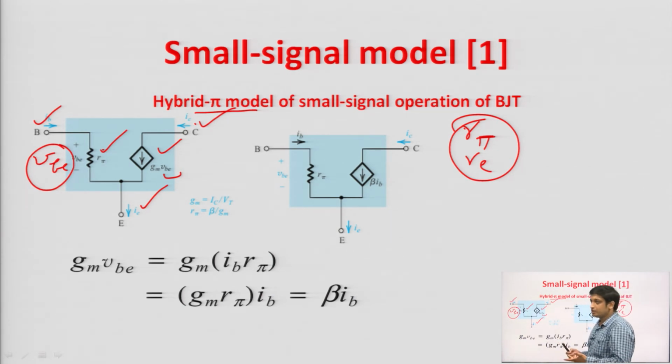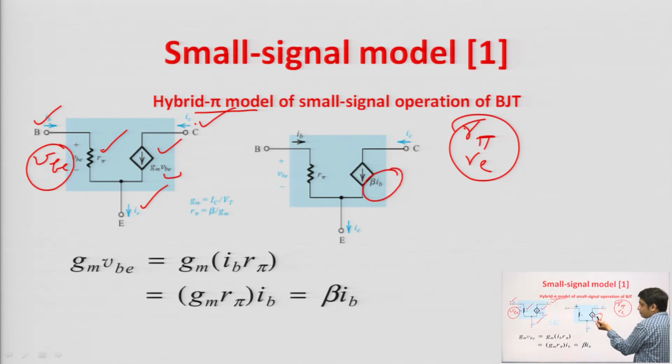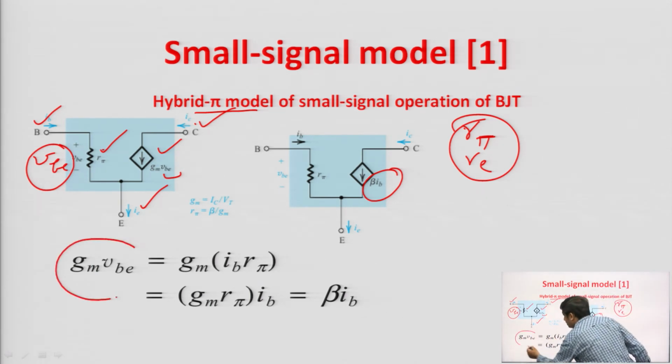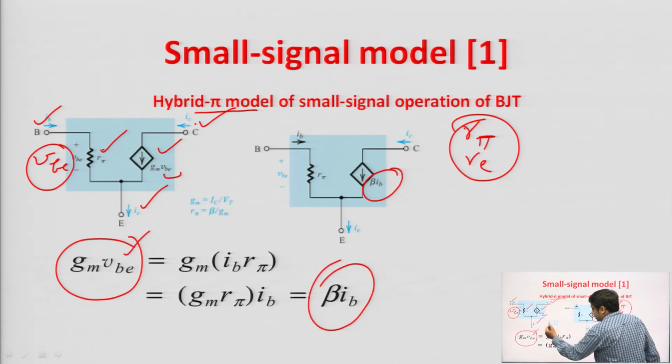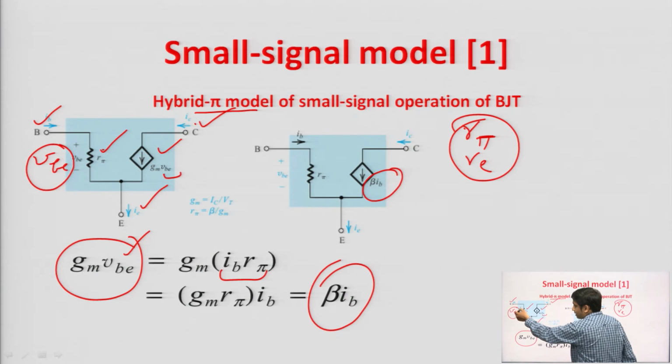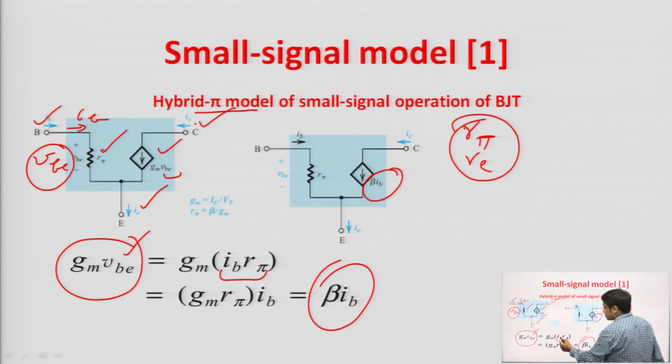So, how do we represent it? We represent it with the help of a dependent source, simple network analysis, and this is a voltage dependent current source, fine. Similarly, we can write Gm Vb equal to beta Ib. If we write beta Ib, then it is called a current dependent current source, and Gm Vb is equal to beta Ib, both are the same. Vb can be written as Ib into R pi, there is no issue, since the voltage drop across R pi is Vb. So, Vb will be R pi into the base current Ib, fine. So, Ib into R pi.